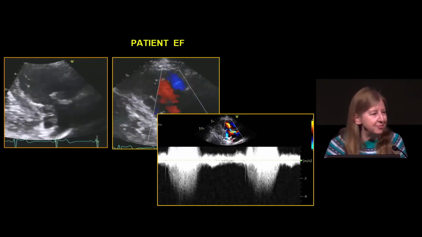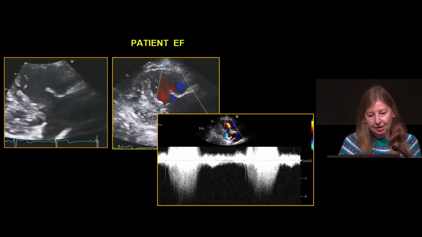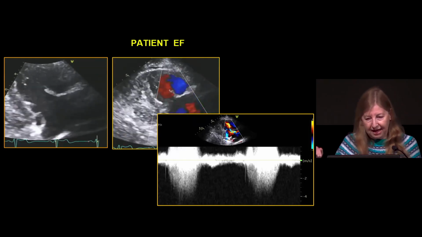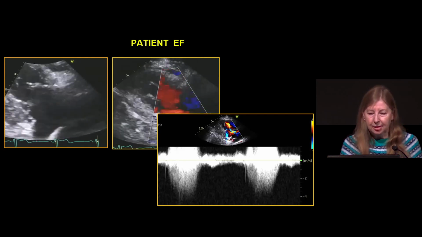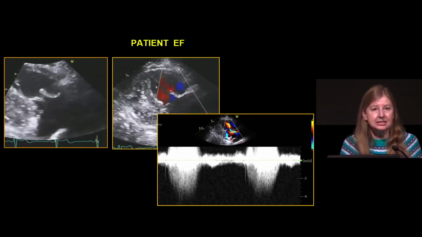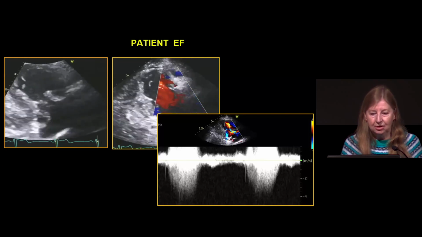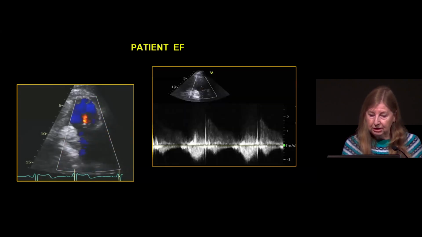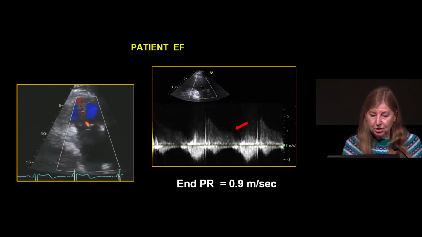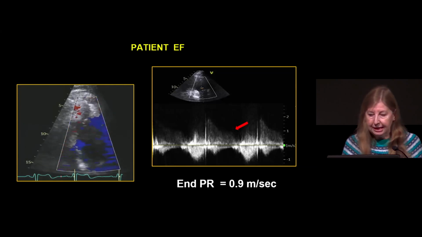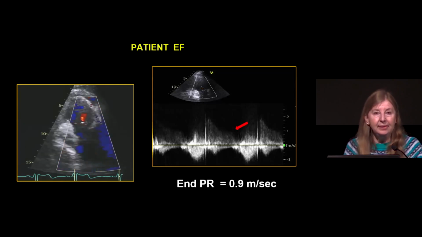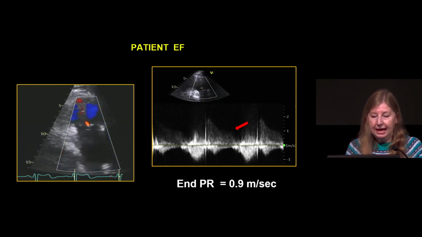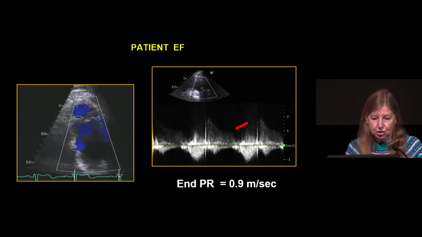But you can't do that because the VSD velocity through that jet is getting all tangled up with the TR velocity. That is not a clean TR velocity. So you turn your attention to the pulmonary valve and look at the pulmonary regurgitation, and there, even though it's faint, you can get a PR velocity of 0.9 meters a second, confirming that this patient actually has no pulmonary hypertension